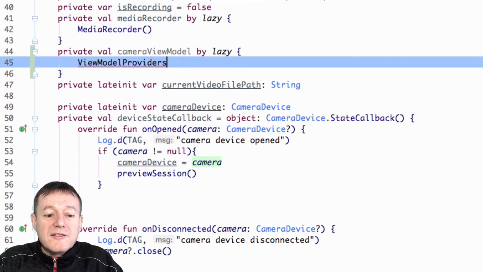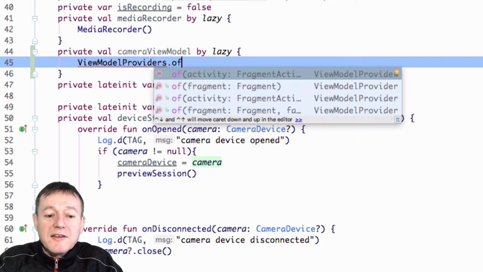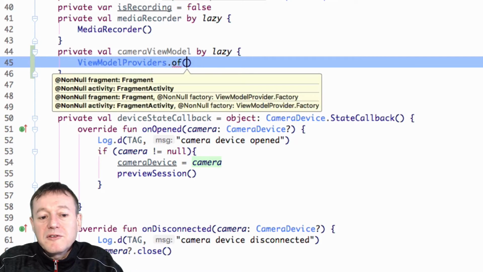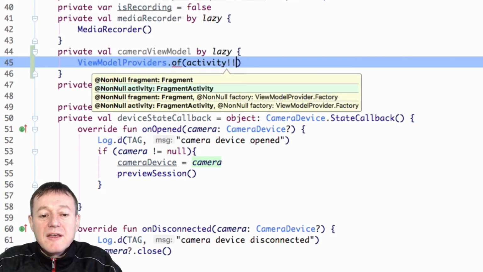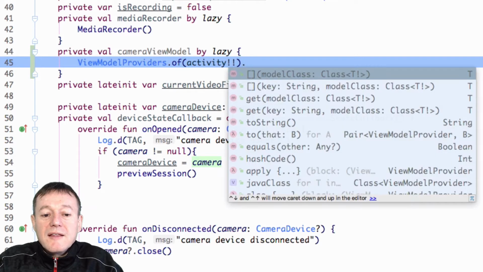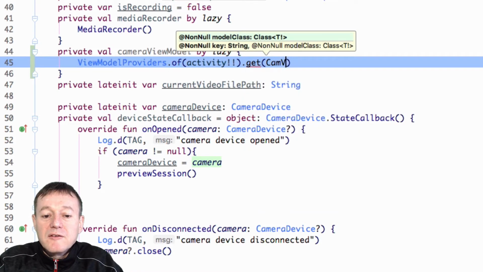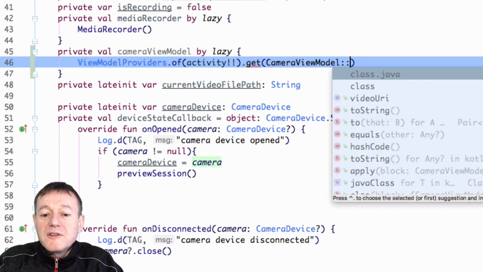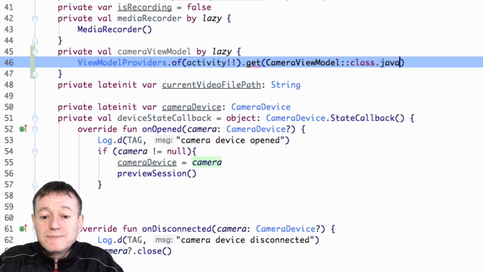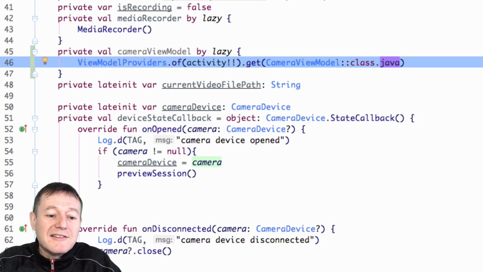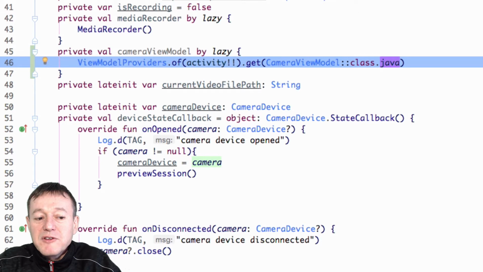So get hold of providers, and then we select our activity. This will be the calling activity in this case, the activity that called the fragment. So we can call activity there. It does need to be a null safe value. And then it's a matter of getting the actual ViewModel class itself, which is the camera ViewModel, and we will need to call it through the get hold of the Java name for that, for a reference call. Okay, so that's fine. We've now basically prepared an instance for our ViewModel, our camera ViewModel, and so we can